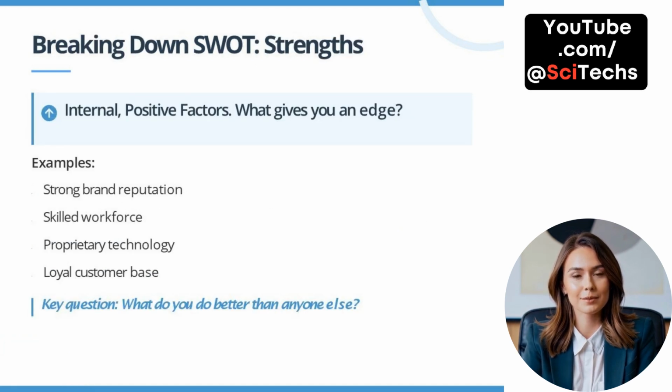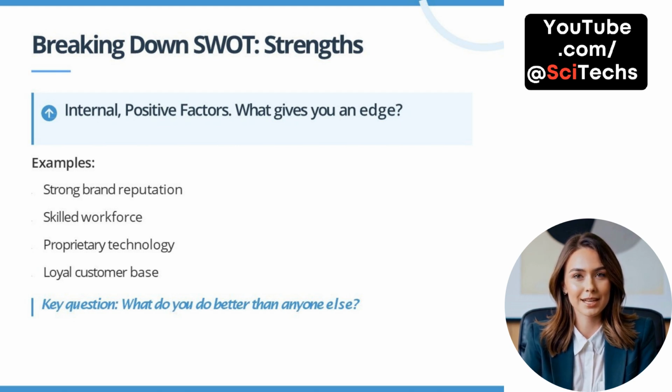Breaking down SWOT: Strengths. Strengths are internal, positive attributes that give you or your organization an advantage. These are things within your control that contribute to success. Examples include a strong brand reputation, which builds trust and customer loyalty, a skilled workforce, which enhances innovation and productivity, proprietary technology, which offers differentiation and protects market share, and a loyal customer base, which ensures steady revenue and valuable